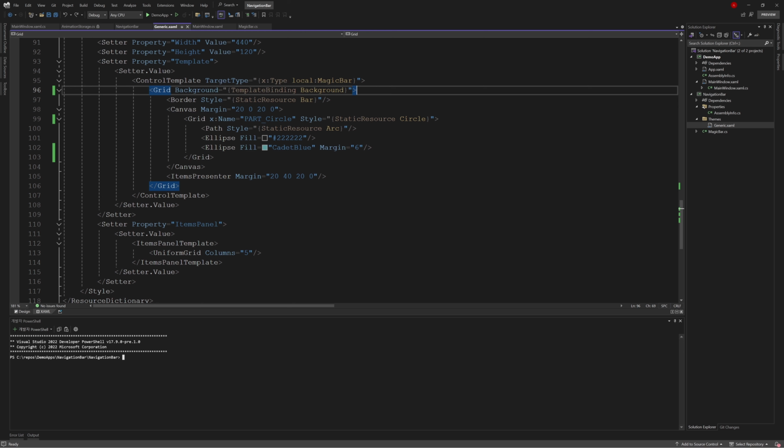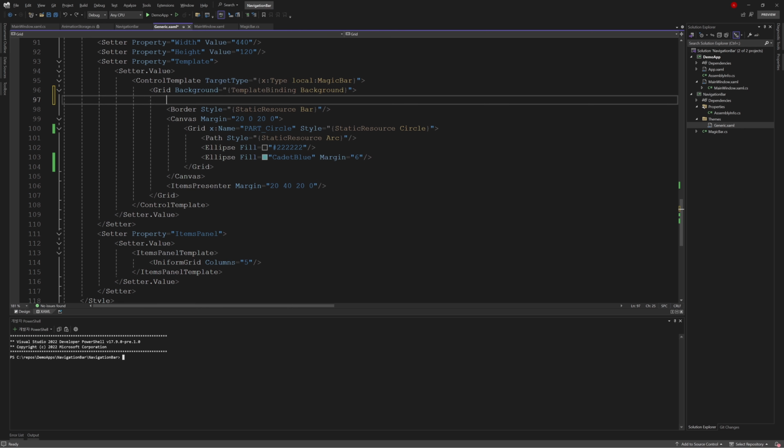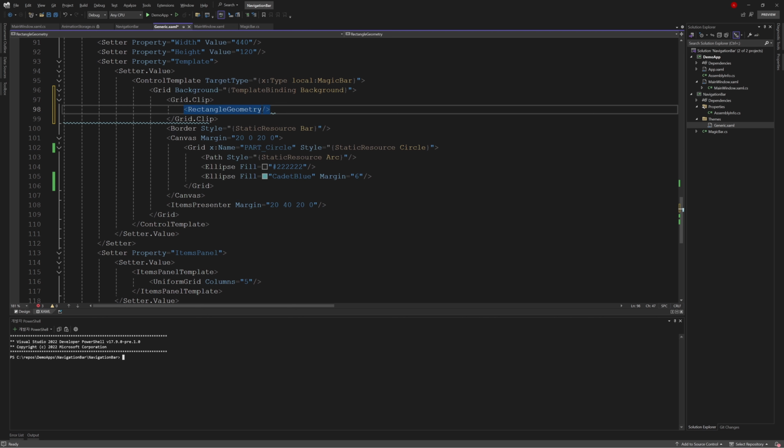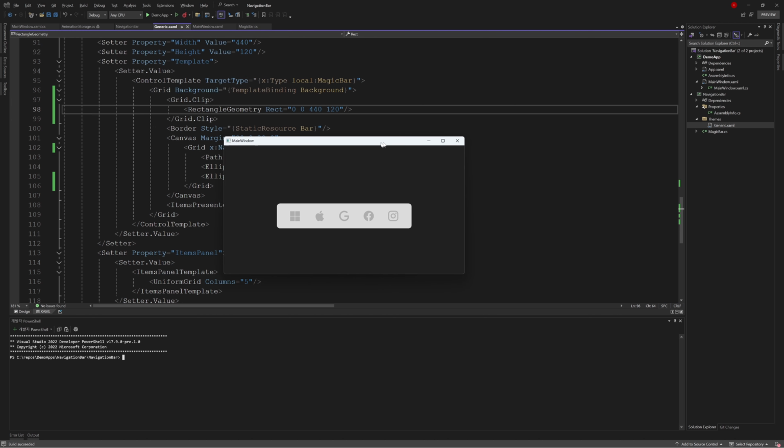For a detailed explanation, you can watch our previous videos. So here I will quickly write it down. RectangleGeometry. Rect is the size of the menu bar, so 440 and 120. With that, our visible area is framed in this range.